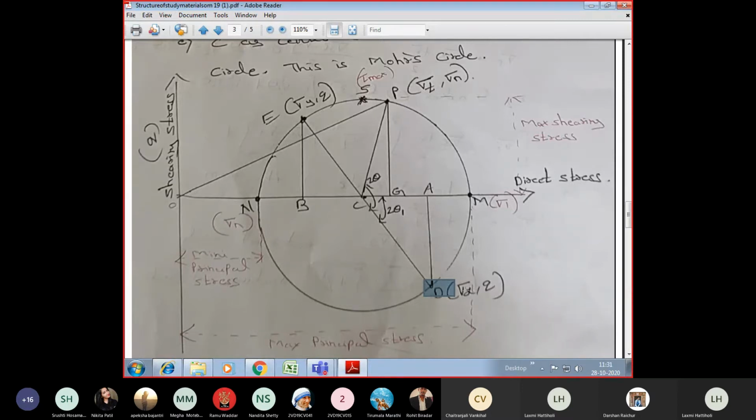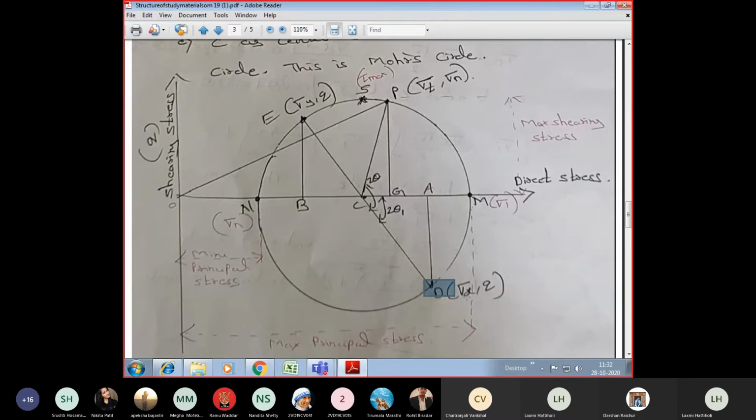What is sigma x? From where to where will you mark? Always you should consider it from the origin. You know this. In the Cartesian system, all the values follow from the origin. So the meaning of sigma x at the point D is from 0 to A. So from O to A, it is sigma x.